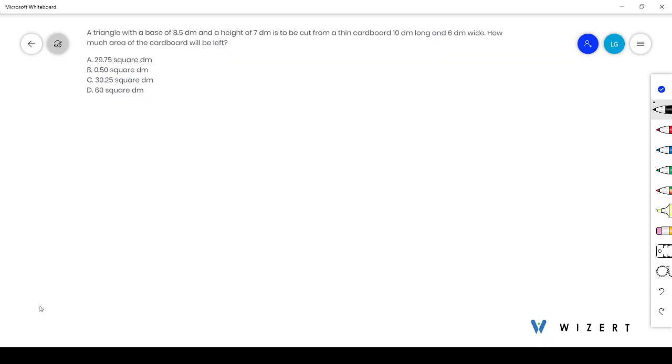Our question is, a triangle with a base of 8.5 decimeter and height of 7 decimeter is to be cut from a thin cardboard 10 decimeter long and 6 decimeter wide. How much area of the cardboard will be left? Here we have given